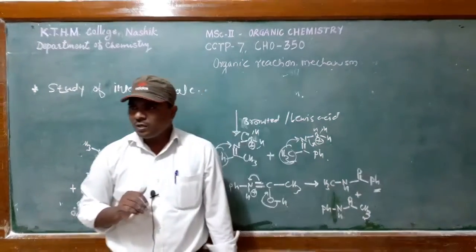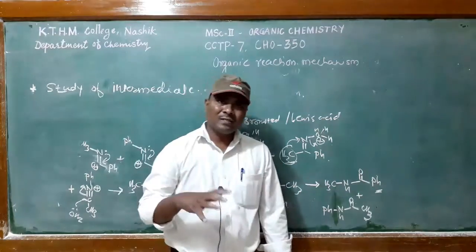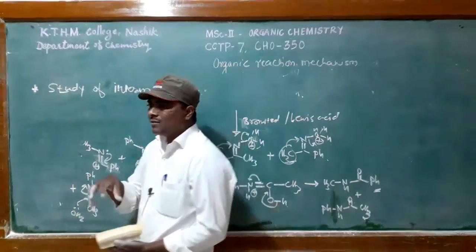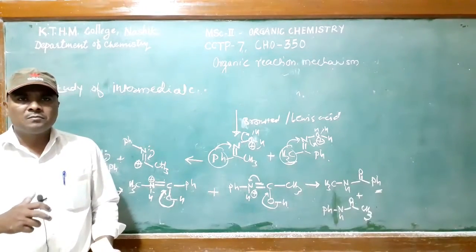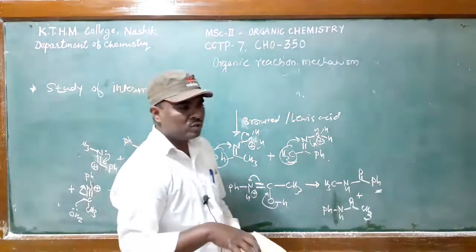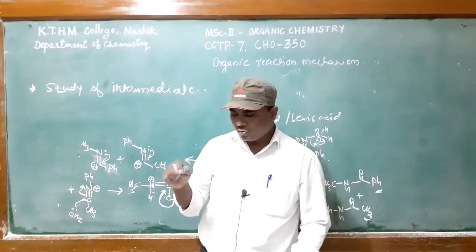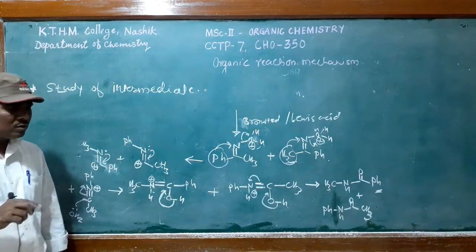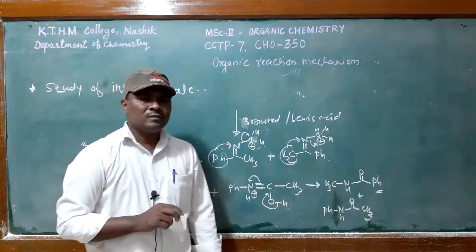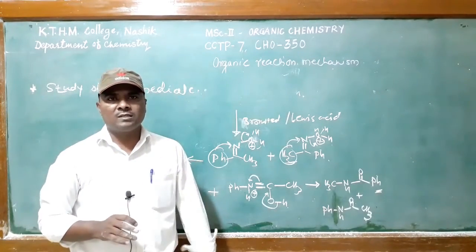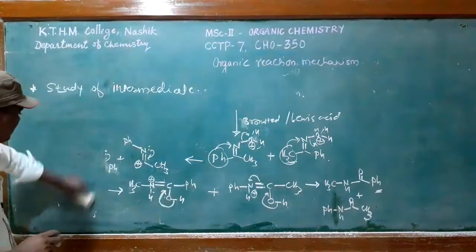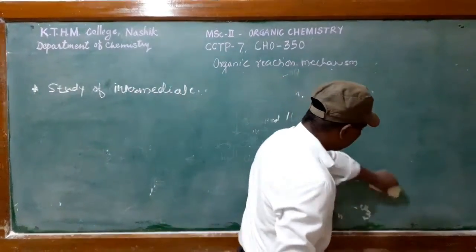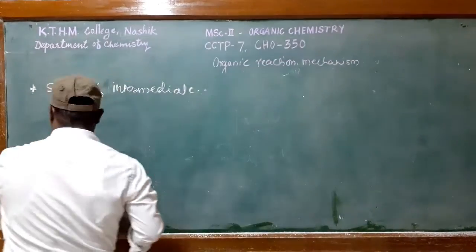Another mechanistic approach is trapping the intermediates, by trapping the carbene, by trapping the nitrene, or by isolating various intermediates. One can give a hypothesis of the mechanism and check it with these experiments. So particularly in case of an intermediate, there are a number of methods by which one can determine the reaction mechanism. I will give you a very classical example first, before proceeding to the trapping of carbene and nitrene.